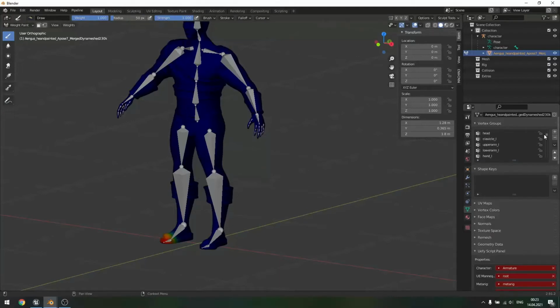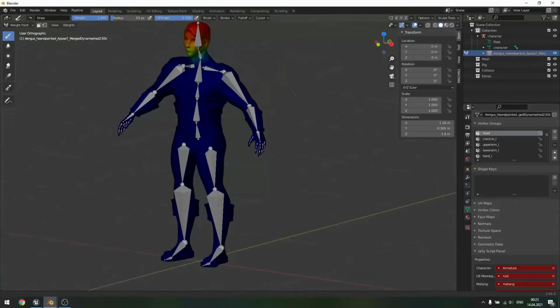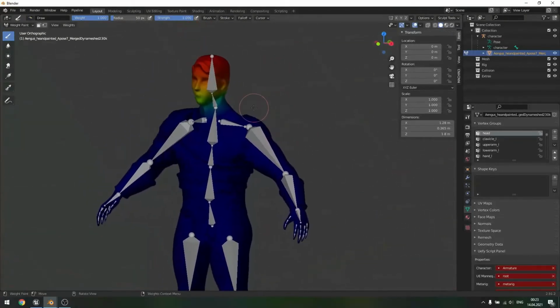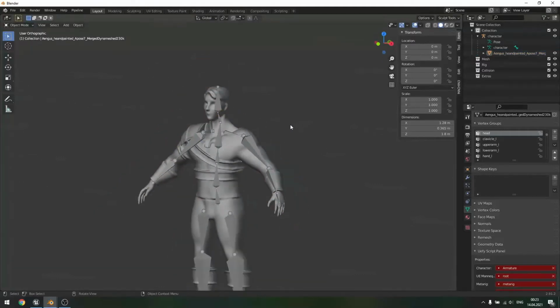For example, for the head, this is our weight paint, so it looks quite alright, but of course it can be improved. You can do that yourself if you need to, but that's not part of this tutorial. So going back to the object mode,